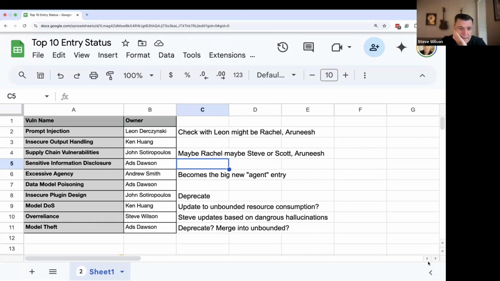So my understanding is that you and John, the latest version of your plan was you were going to really double down on excessive agency. And then we were going to deprecate the insecure plugin. At one point, we were also going to change insecure plugin to something else. But do you want to talk to what you think the plan is currently?